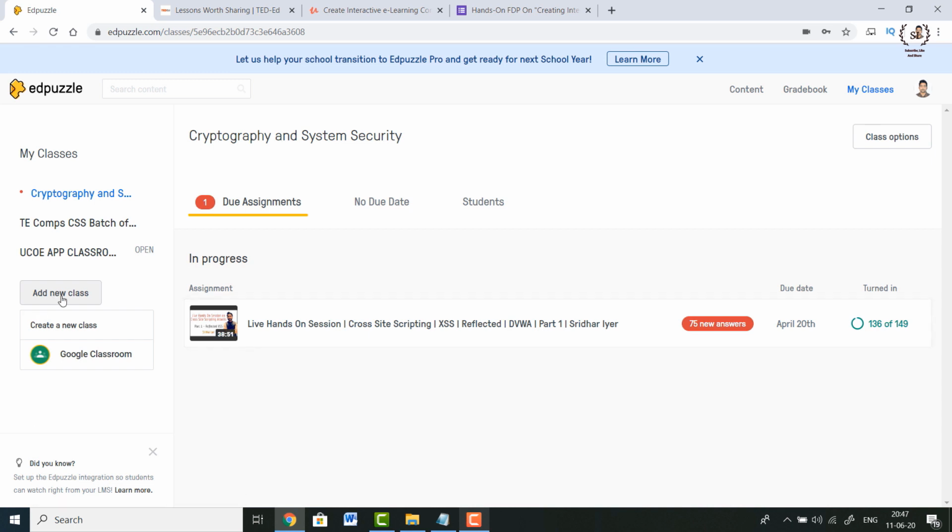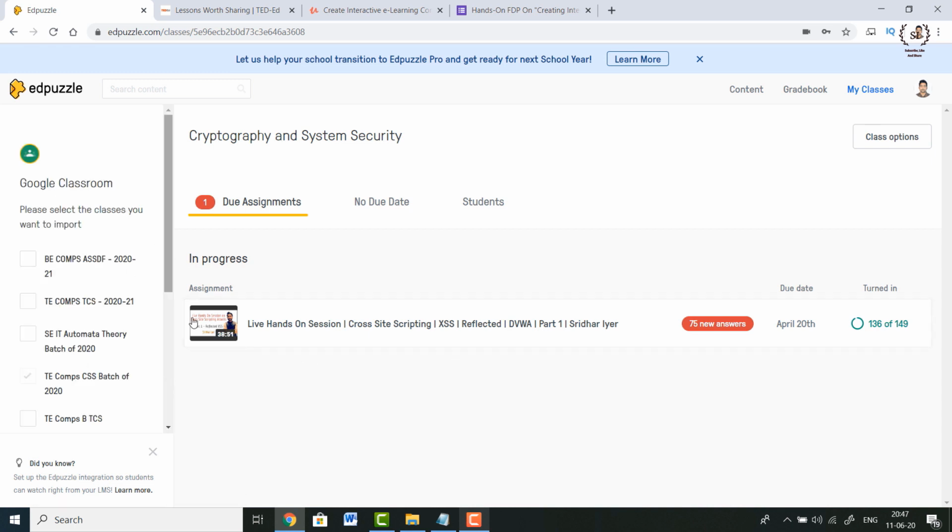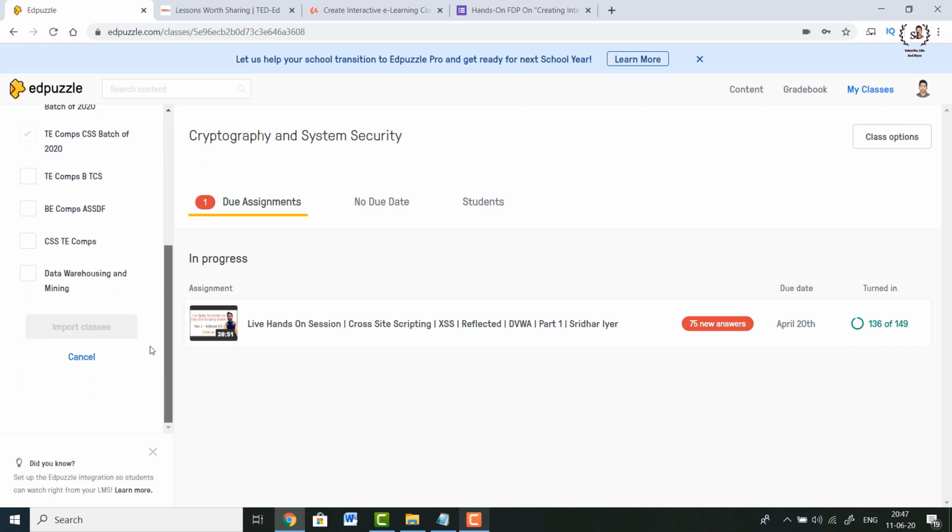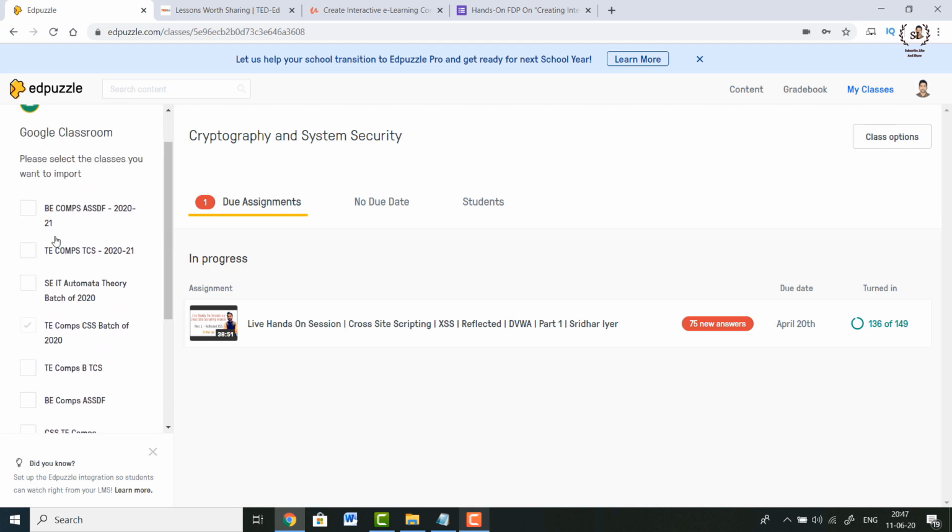If I click on this Google Classroom tab, it will fetch all the classes which I have on my account on Google Classroom, and I can add that class over here. So within an instant I can simply set an assignment for my students from that class. If I select any of the classes from here, the students of that Google Classroom will automatically get linked to my Edpuzzle account, and I can give them questions, assignments, and video lectures instantly. So this is how we create video lectures, and at the end, how simply we can export our video lectures as assignments and share them with our students within minutes.